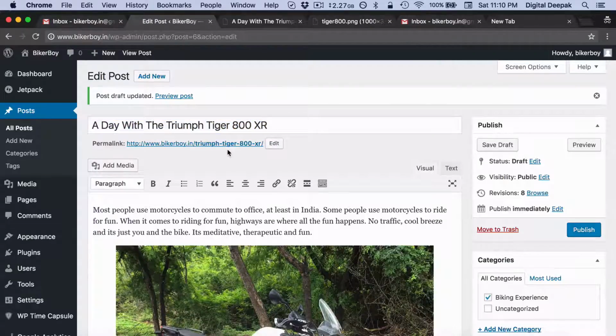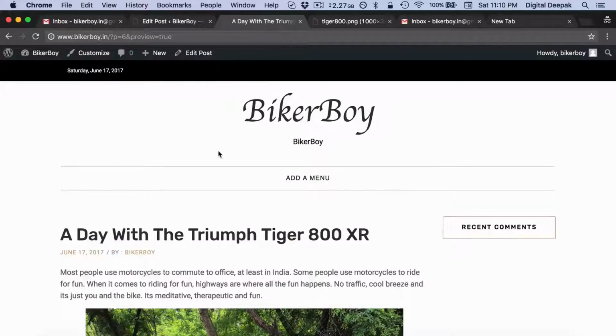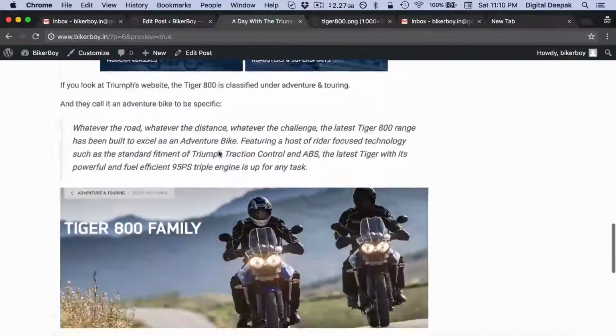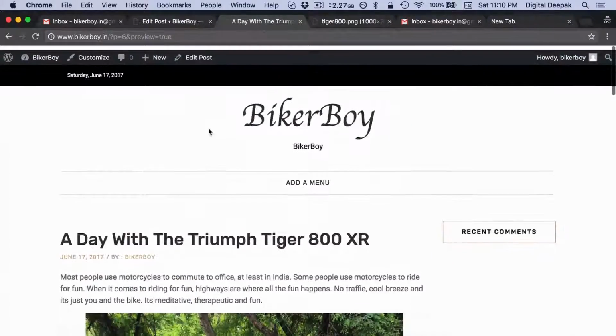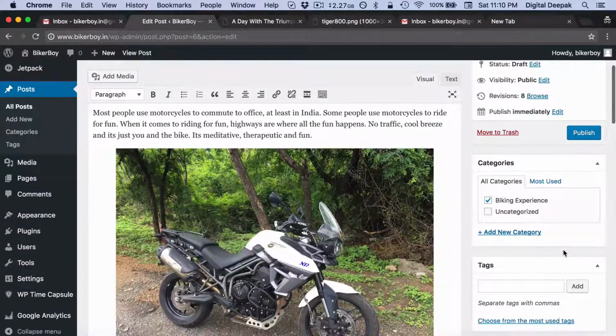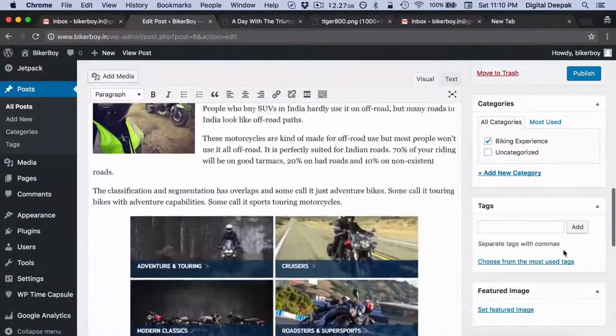But now if you just reduce the URL to the main content, then you can edit the text or edit the heading later as well. So this is what we have now. All looks good, and this is my first blog post ever on this blog. So let me go ahead and click on publish.